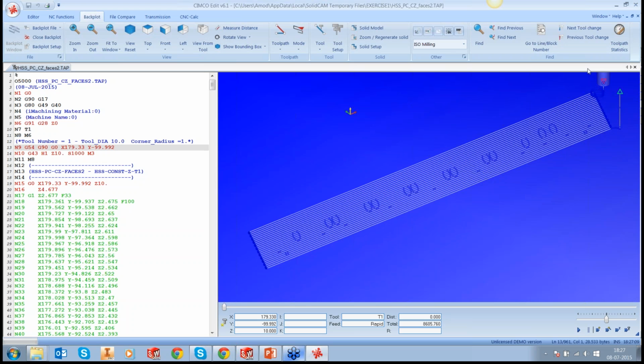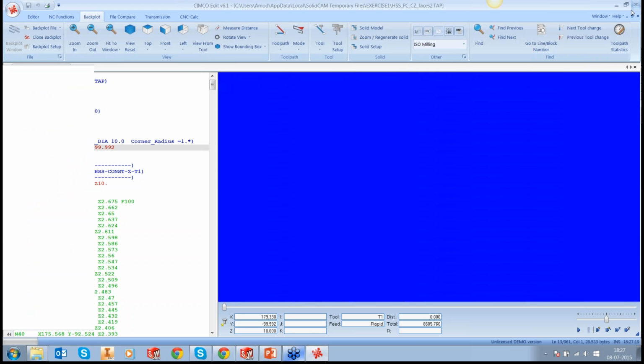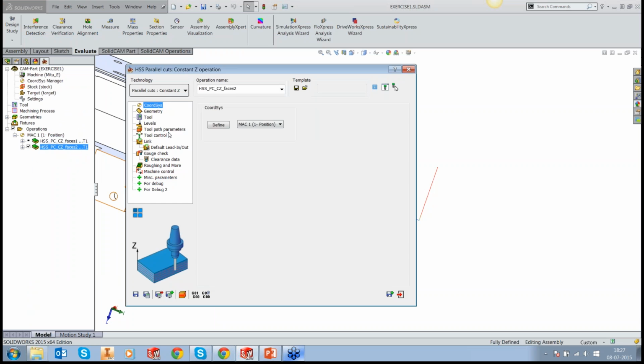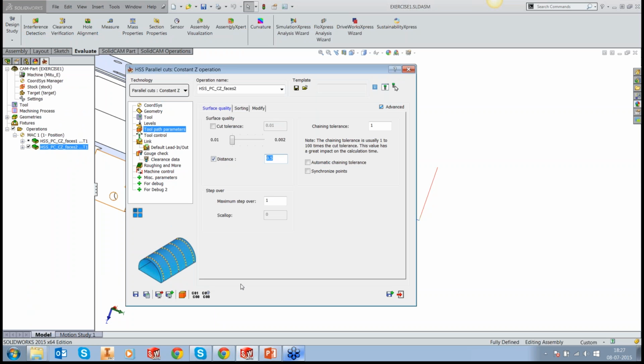You will see 3 different patches with different surface finish. In order to avoid that, because you can't have just 2 points on that, HSS allows you to define your point spacing, which means you could define a spacing of 2 millimeters between the points. Okay, and let's save and calculate